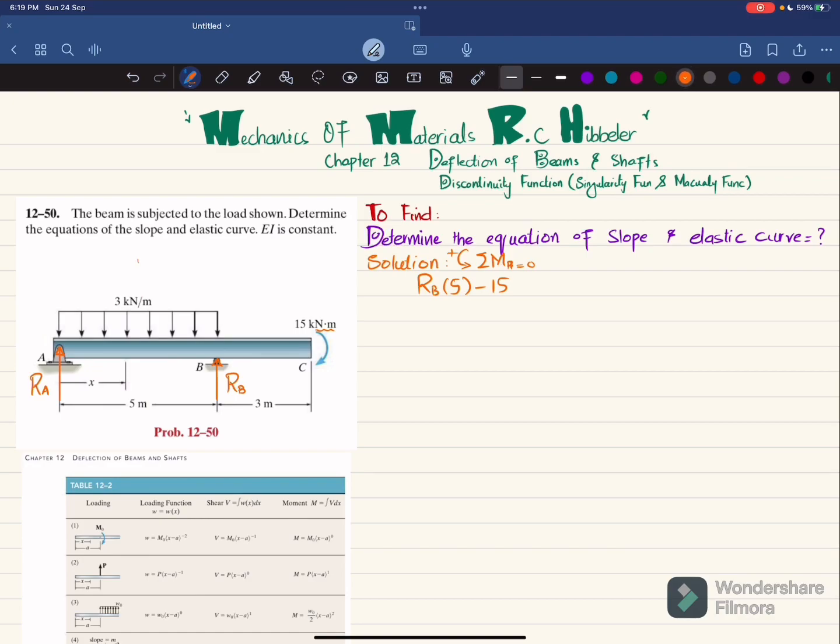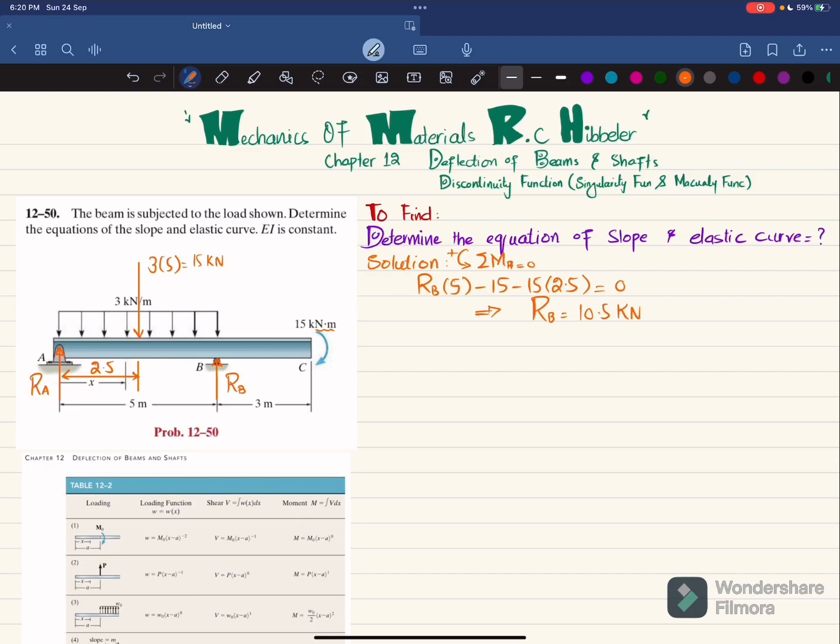So 3 into 5 is equal to 15 kilonewton, and that is acting at half, which is 2.5 meter. So I will write minus 15 into 2.5 is equal to 0. When you solve this, you will get this RB comes out to be 10.5